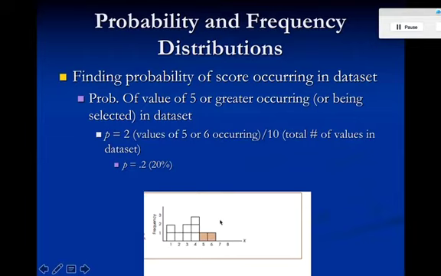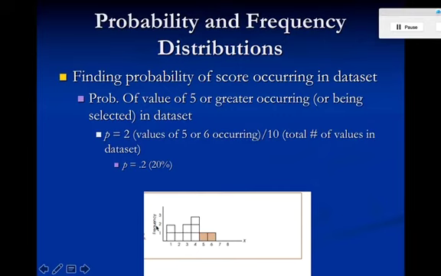I can't really remember which one. I think maybe it's 6.3 or 6.4 of one of your figures. But if we look here and we want to say, okay, what's the probability of me selecting a value of a 5 or greater? So here, if you'll notice now, when we have our frequency distribution, remember that